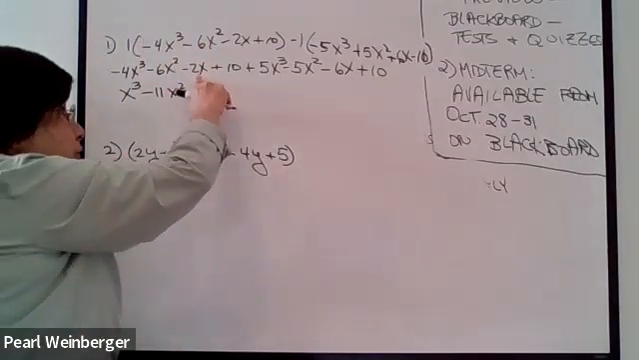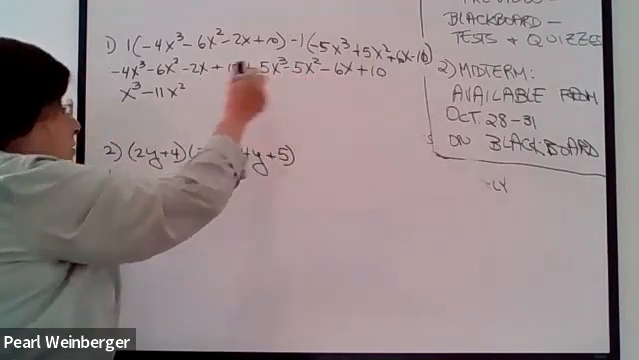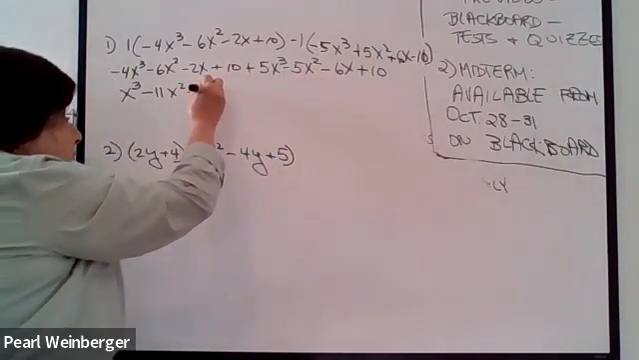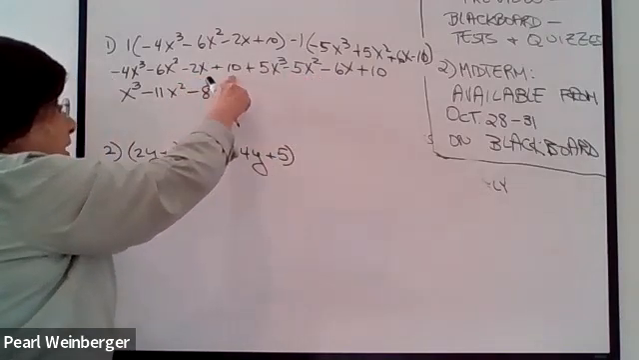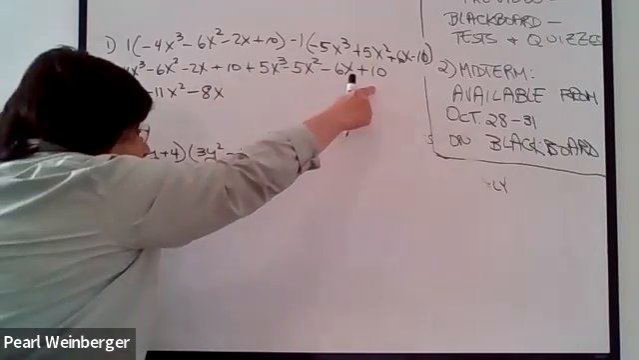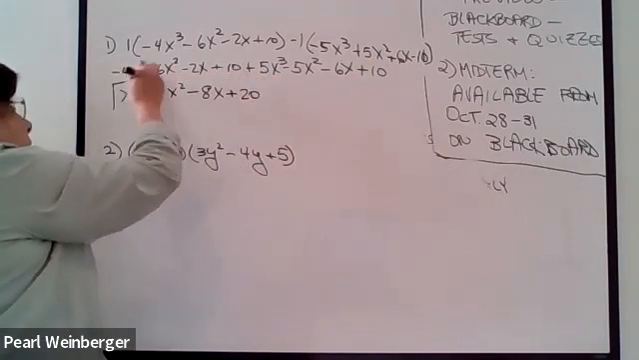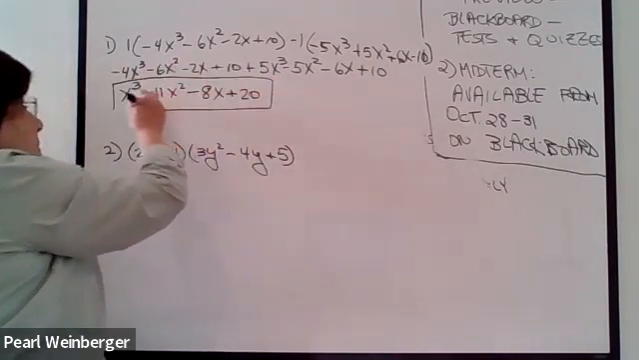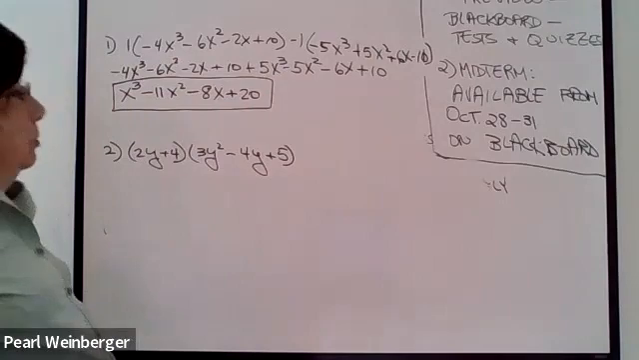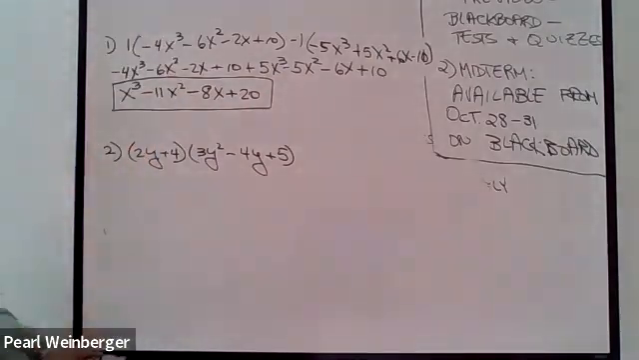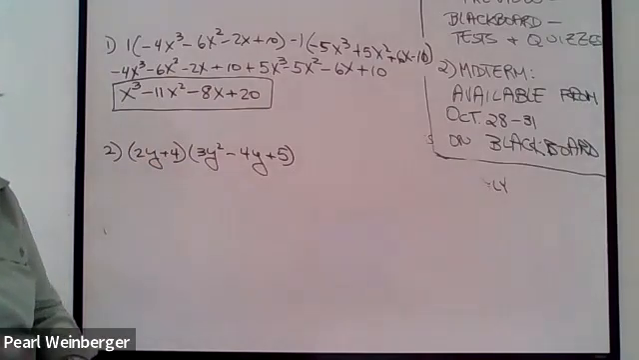Then we have -2x and -6x, which together combine to -8x. And finally, +10 plus 10 gives me +20. And there are no other like terms, so this would be my answer, x to the third minus 11x squared minus 8x plus 20. Just be careful with your